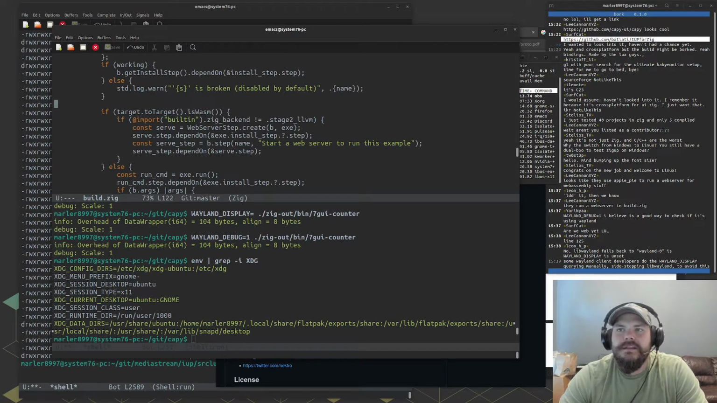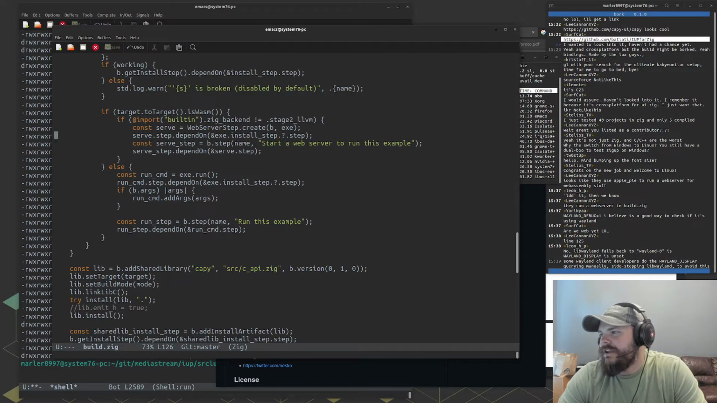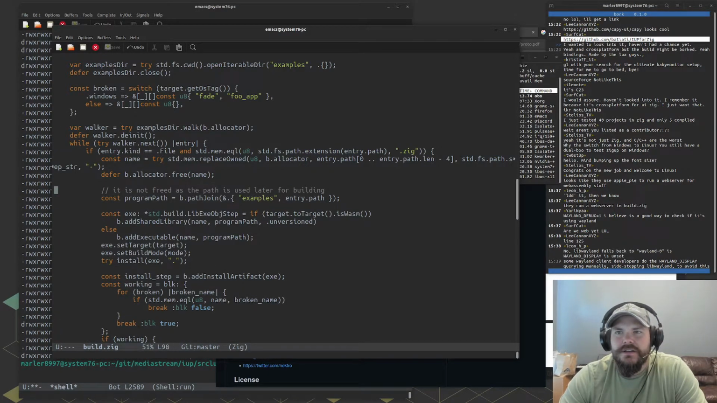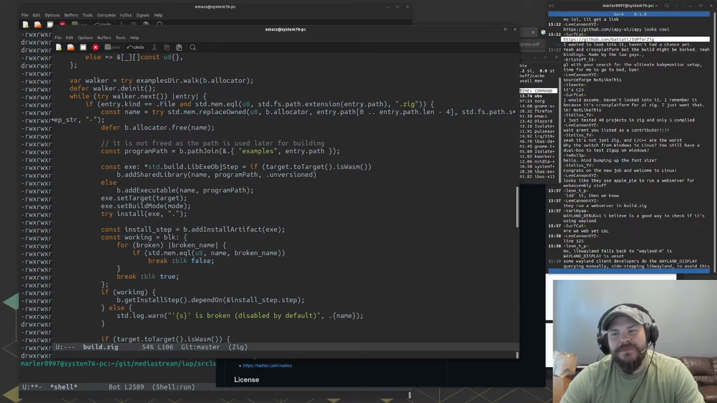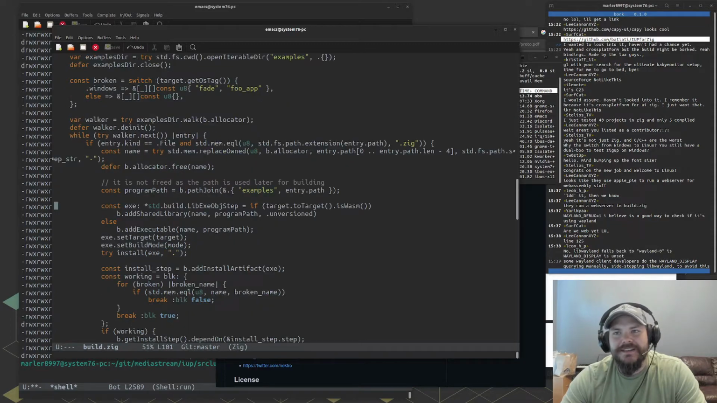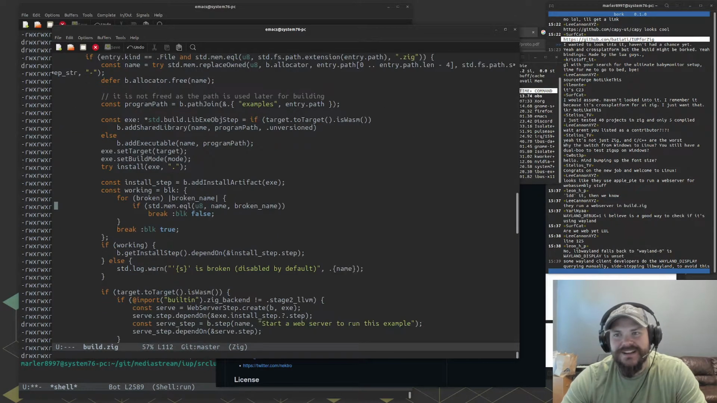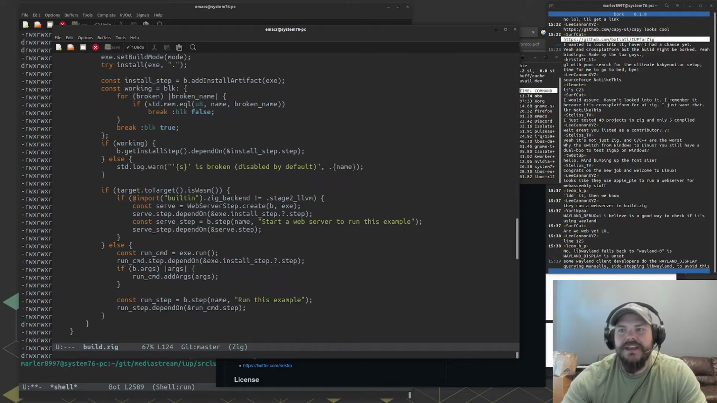Okay. Who said that? Leon? Or not Leon, Lee? Line 125. Okay, so what are they doing here? They're walking a directory, looking for Zig files. What are they doing here? They're doing something nefarious here. Like they're sidestepping the limitations of the Zig build system or something. Okay, if target is WASM, then